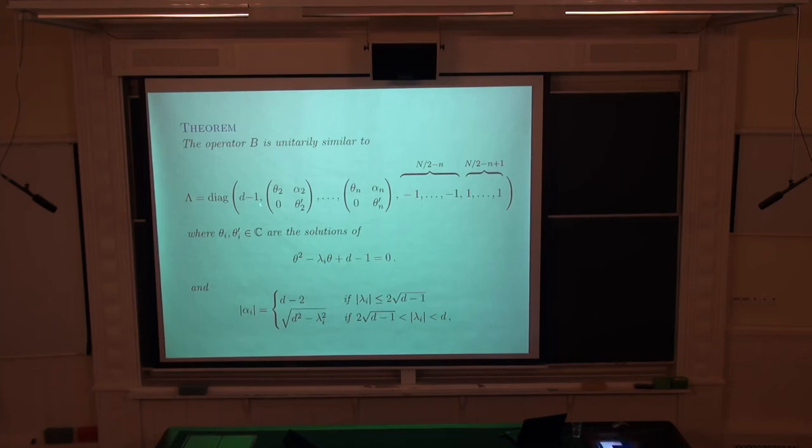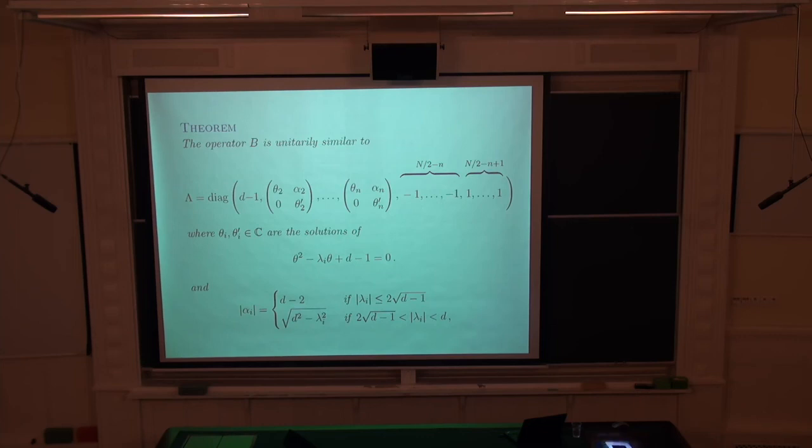So if you write its Jordan form, all the blocks are 2 by 2. So what is the Jordan form? Well, there is this eigenvalue d minus 1, and there are the plus minus 1 eigenvalues that turn out to be unimportant. And they are all diagonal. But the interesting part is a bunch of 2 by 2